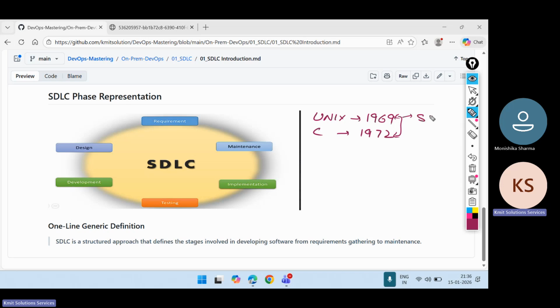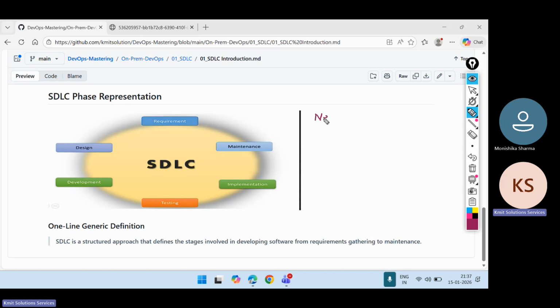It may not be the standard process, but there were some software development life cycle processes, and they were following that, because without following these software development life cycle standards, it's very difficult to manage the entire end-to-end software development. So software development life cycle is way before, you know, even when I was born. Before that it was. Now, my next question is: